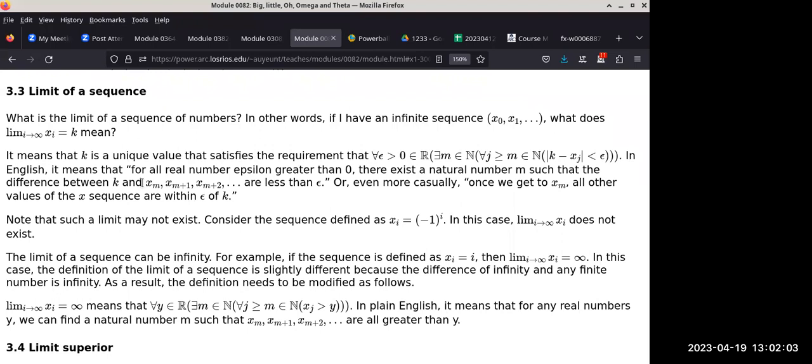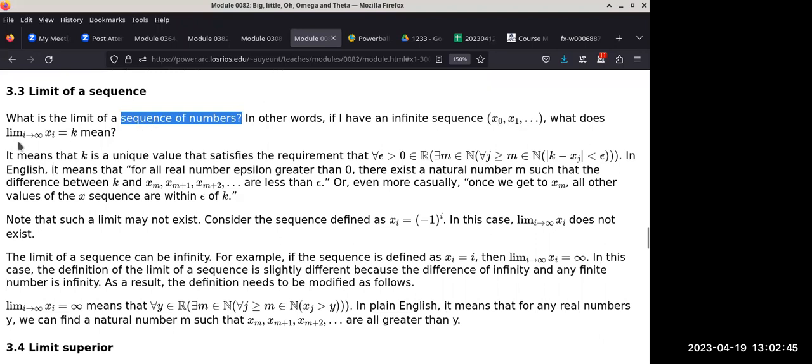How many people still remember the most fundamental concept of calculus, which is taking the limit, right? So this is also related to limits. We'll take a look at what it means. Now we are working, unlike calculus, which is a continuous thing, with a sequence of numbers. Which means you're basically given an array of values, and the array has an infinite number of entries. So this is the sequence. It is a tuple starting with x0 and then x1 and so on.